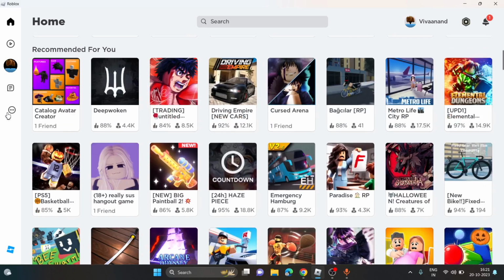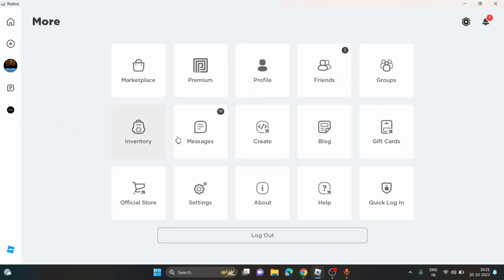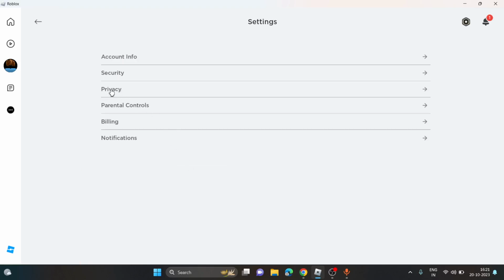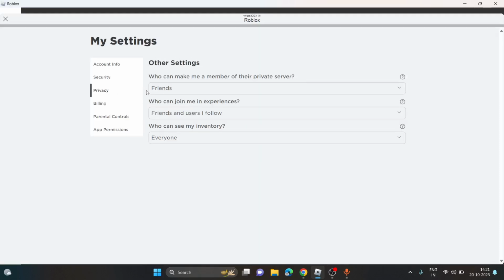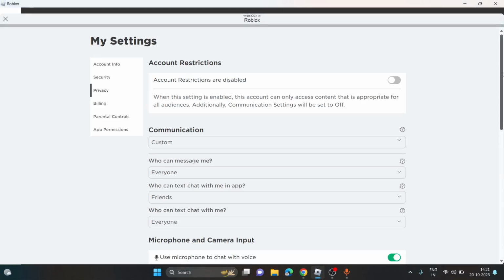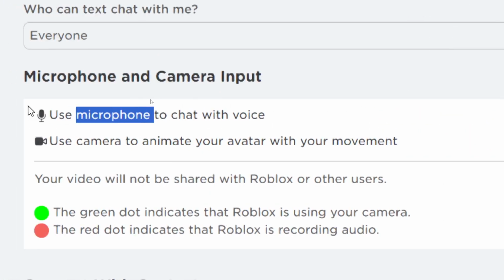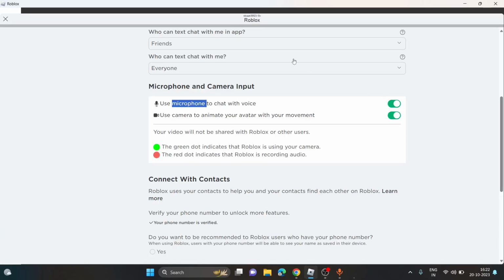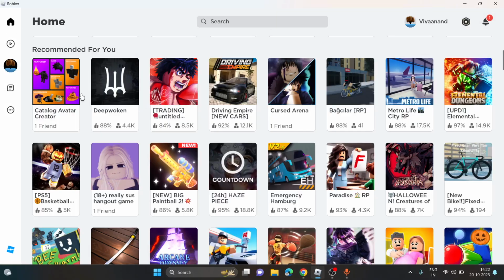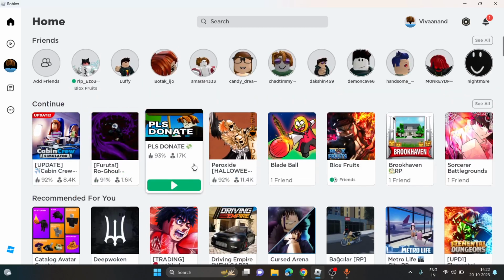So guys, first of all you have to enable it from privacy. Click on the three dots, go to settings, go to privacy. Once you are in privacy, you have to scroll down, and here in microphone you have to enable microphone permission from here by tapping on this toggle button. Once you enable it, now you have to open any game on Roblox that supports microphone